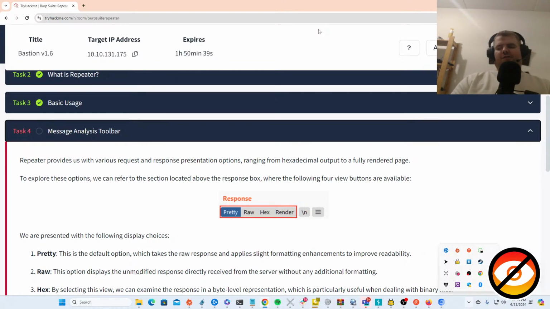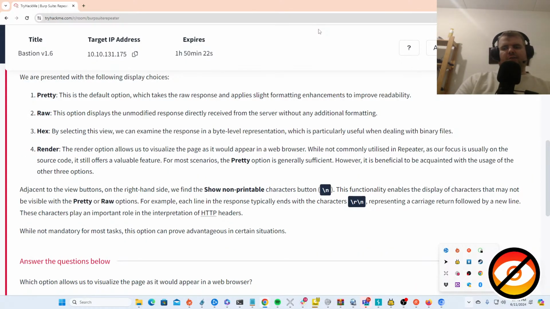We are presented with the following display choices. One is Pretty. This is the default option, which takes the raw response and applies slight formatting. Yeah, I've seen that. Two is Raw. This is the unmodified response. Three is Hex. I think that says enough. And then Render allows us to visualize the page as it would appear in a web